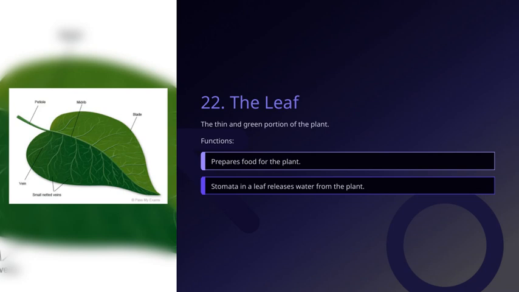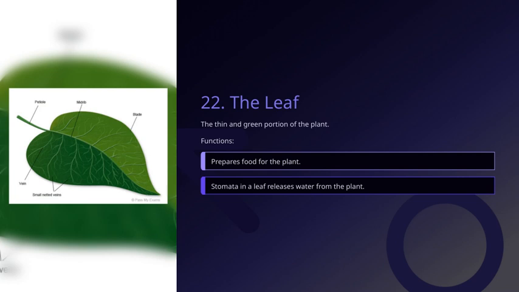of the plant. This is a really important component because it plays a key role in the plant's survival. One of its main functions is to prepare food for the plant through a process called photosynthesis. This is where the leaf captures sunlight and uses it to convert carbon dioxide and water into glucose, which is essentially the plant's food. Another critical function of the leaf involves the stomata, which are tiny openings on the surface